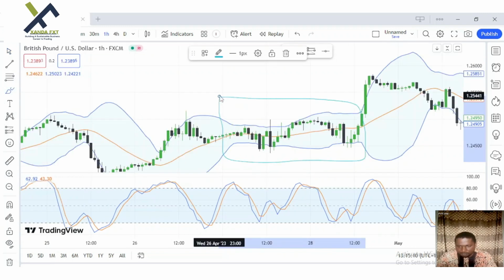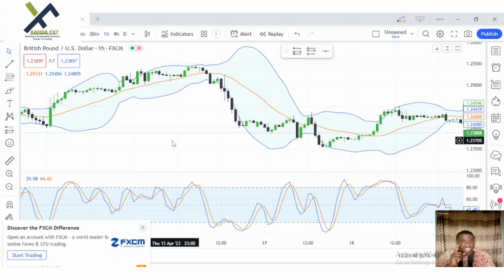Now, if you come here, you will discover that there was a high volatility here. The bands were separated apart, and all of a sudden the bands started coming together, started closing on each other. From this point to this point, the market is telling you to wait. You will notice that there is no tangible decision that is taken at this point. Because at this point the market is still in the state of indecision, knowing should I go up or should I go down. So at this point, as a trader, you should what? You should wait.